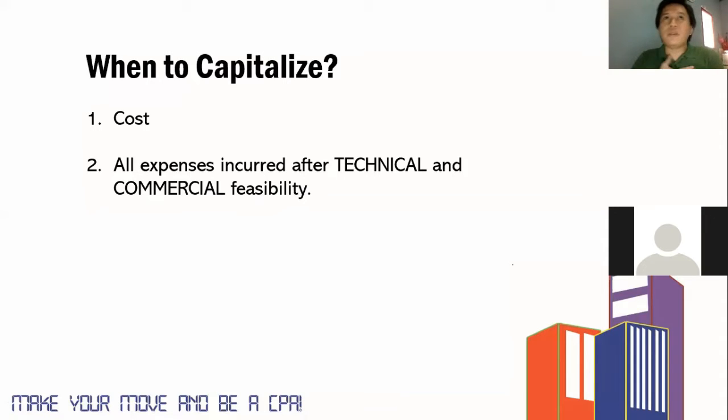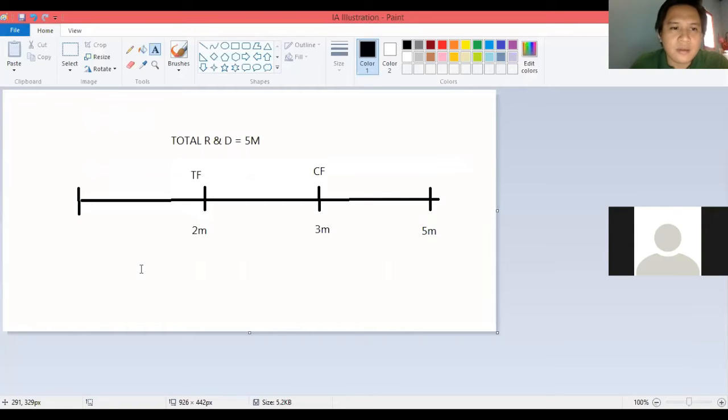Okay? So if we are going to capitalize an intangible asset produced or will be produced by an entity, all expenses lang after technical and commercial feasibility will be considered as part of the cost of the intangible asset. Okay? To illustrate so that you will understand it more, I have this illustration. Okay, please bear with me with this. Okay, we have here